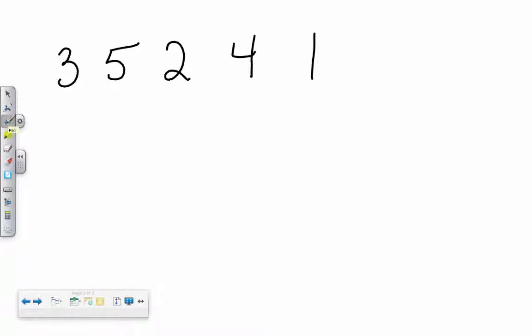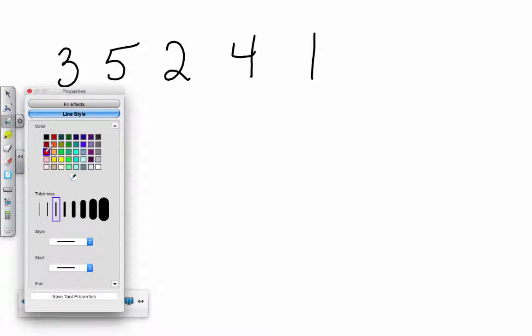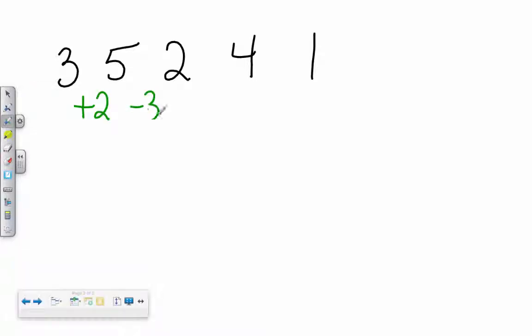So let's say that I have 3, 5, 2, 4, 1. Okay, now, while this doesn't seem to have any sort of order whatsoever, you have to look for a pattern. So the question is, what am I doing between these two numbers? You're changing them. I am. Very good observation, Gabby. I'm adding 2 here. Okay, then what am I doing? Then I'm taking away 3. So I'm minusing 3. Oh, that's not what I wanted, but oh well. You wanted red. I did want red, thank you.